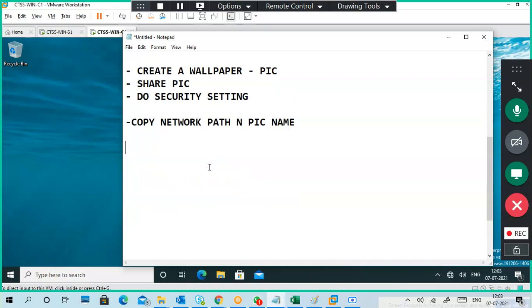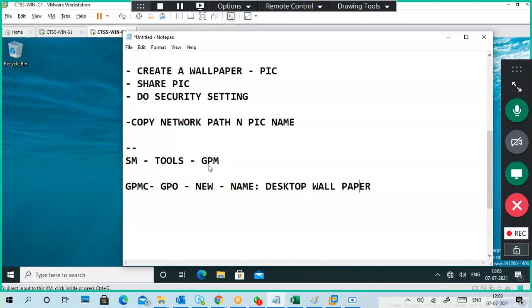So complete. Then server manager, tools, group policy management. Under group policy management console, go to group policy object, new. I put a name, desktop wallpaper. This is entirely server side only, right? So desktop wallpaper. Next, edit.